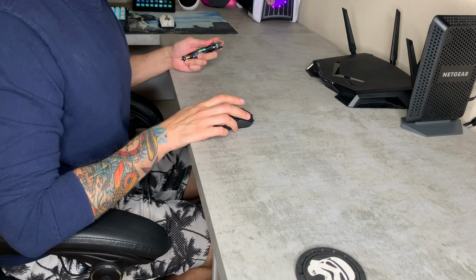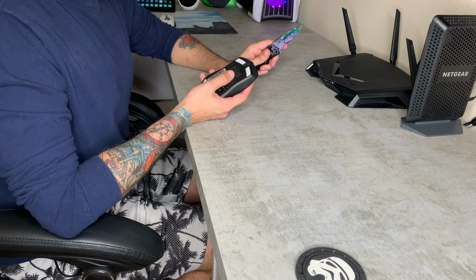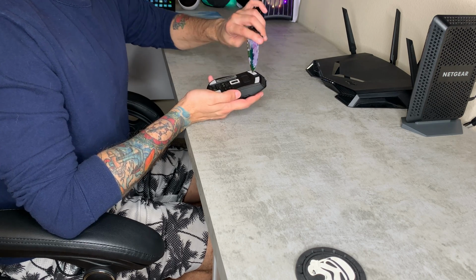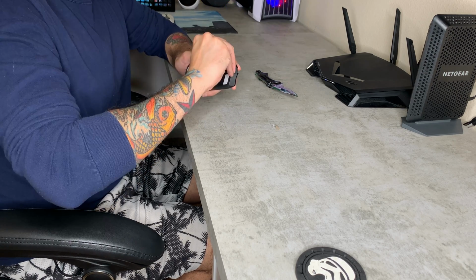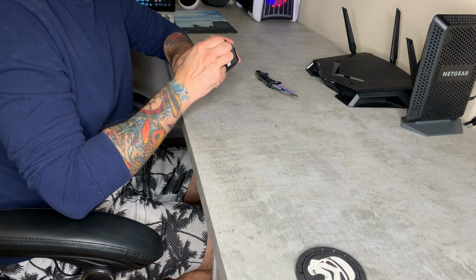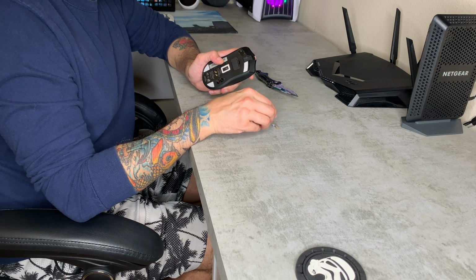Alright, so first step in disassembling the Razer VYPR Ultimate is to remove the 4 skates. You don't have to worry about the center one around the actual sensor, but you will need to remove these 4 here. Easiest way to do that, you might be able to do it by just getting a fingernail under there and pulling them off. However, that isn't always the case, and as you saw, it kind of separated the adhesive and the actual skate itself. So there is a high likeliness that you will need to buy a second set of